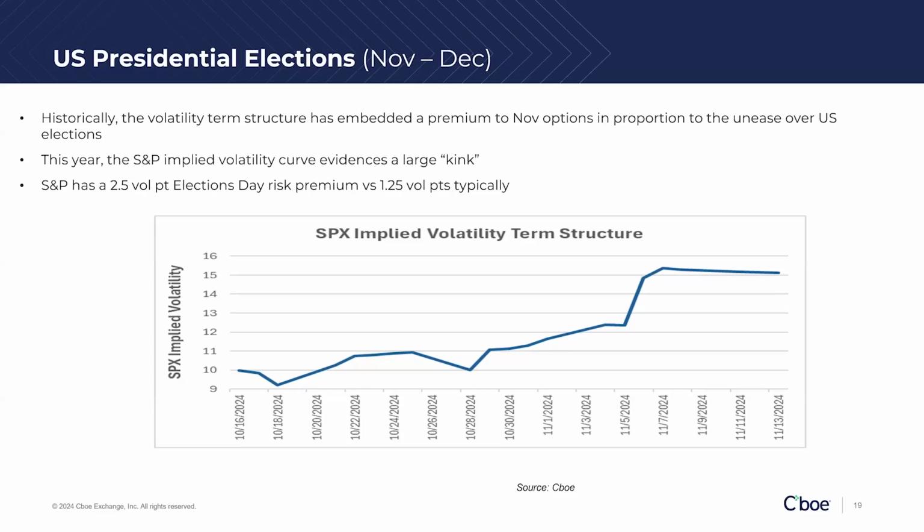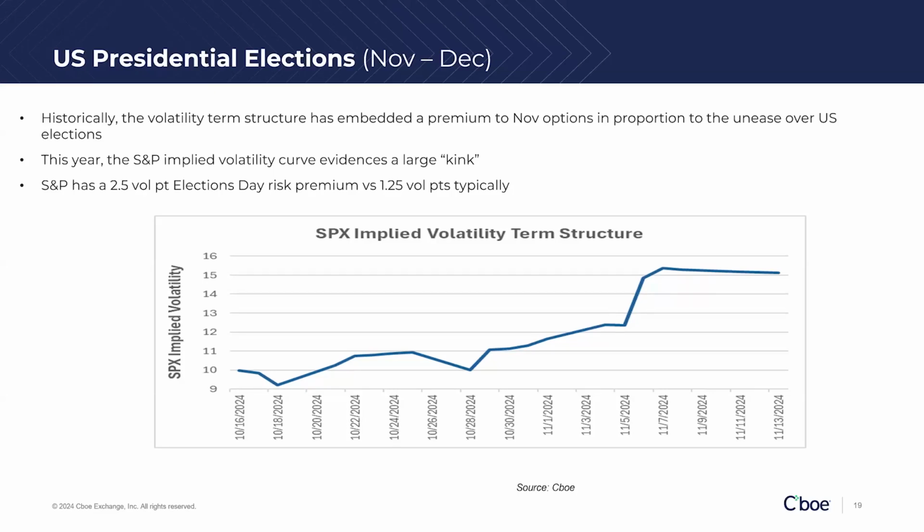the volatilities rise as we move forward in time in a pretty smooth fashion. And the one point that I wanted to highlight in this particular graph is if you look at November 5th, 6th, you see that there's a very large upward sloped move in the implied volatilities. This is known as a kink. And what this kink represents is additional risk premium that traders are pricing in for an event, and in this case, the U.S. presidential elections.